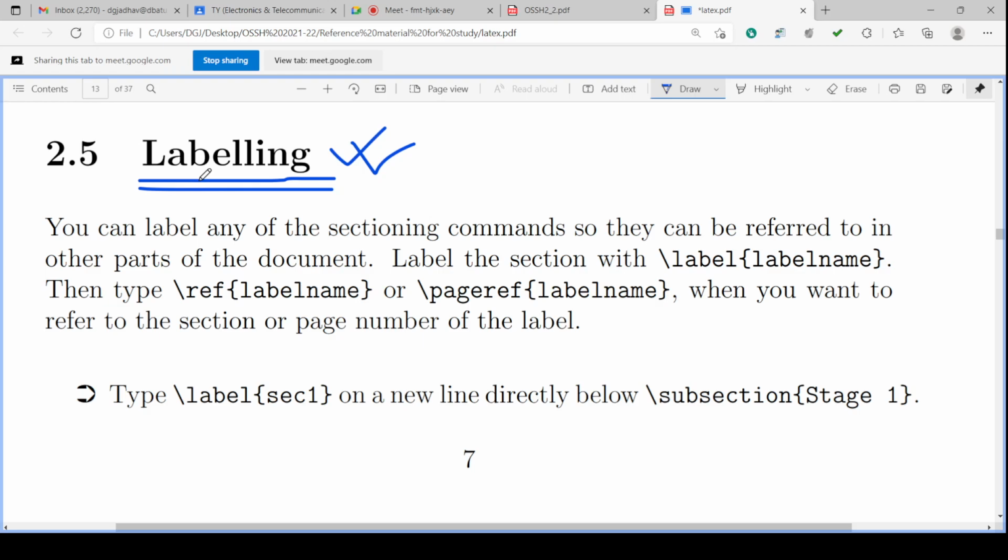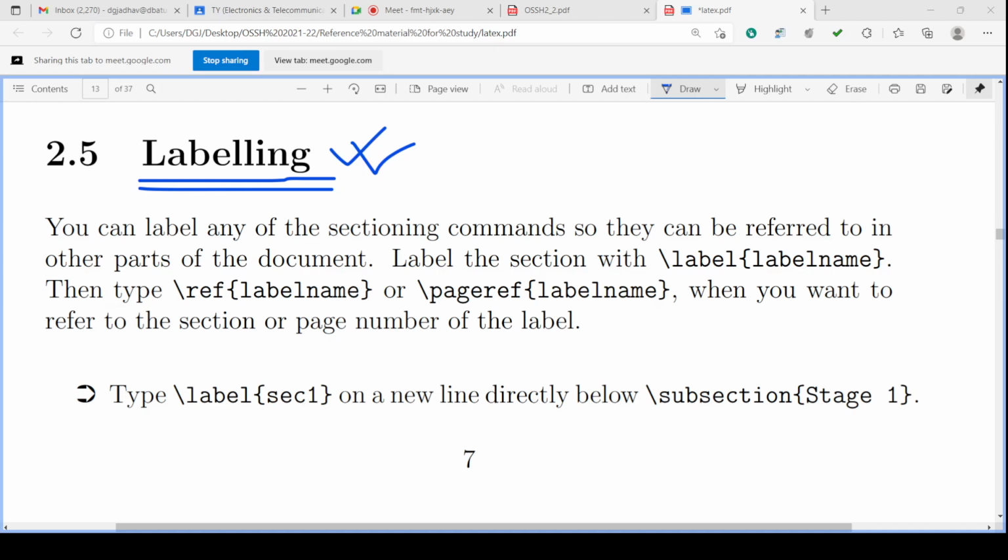We have come from the index where the word labeling was written, and that word has the hypertext link, and if you click that link, we are directly taken to the text where that link is available.